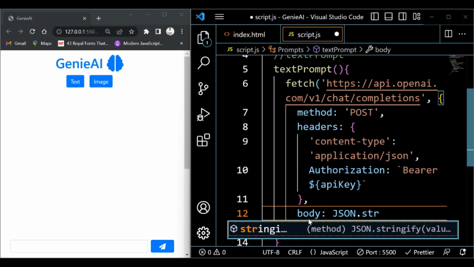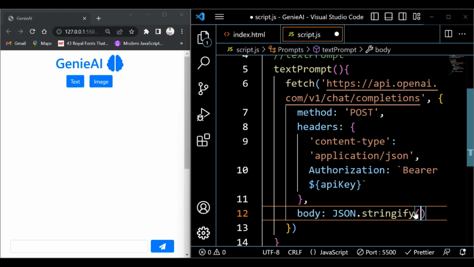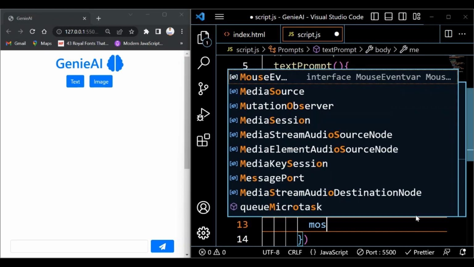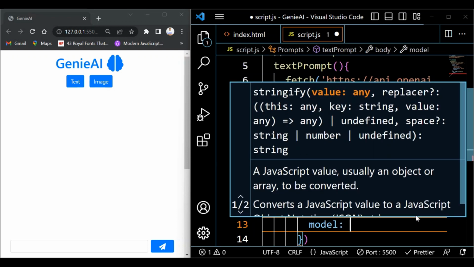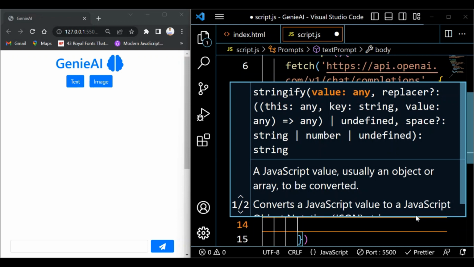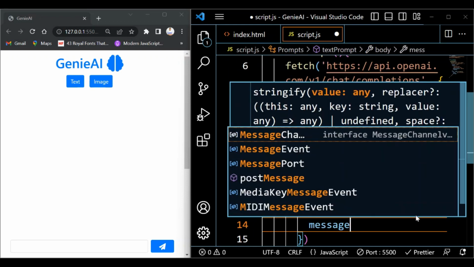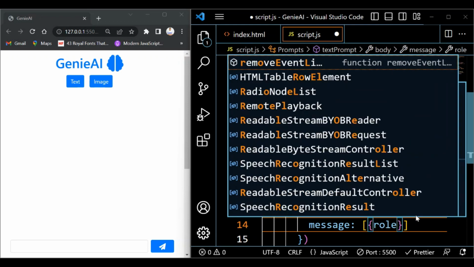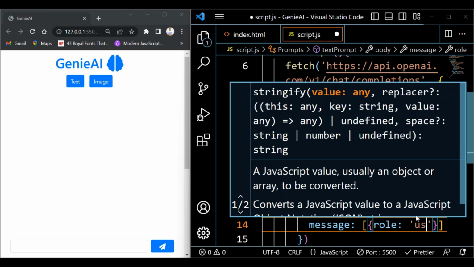Stringify, this thing of stringify, and what we are going to pass in is an object of the model. The model is GPT-3.5-turbo, and I'm going to have messages, an array that takes in an object. Remember, I saw it in the documentation, and we have role, and we're just going to use user for this,